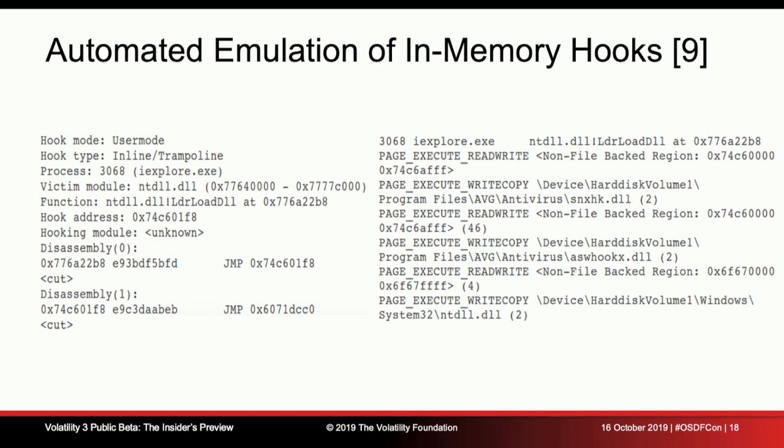Versus what you're seeing in the column on the right: instead of just printing out the static disassembly, we're using our new emulation engine that we built on top of Unicorn to automatically emulate all of the code for that hook. And at that point, it tells you every region of memory it moved from, whichever DLLs it's moving through, and you don't have to have any reversing skills. So the tool can automatically make these pretty complex decisions for you because we're evaluating the code on our own. And so, like I said, with Volatility 3, you'll see that incorporated into a lot of the malware analysis plugins.